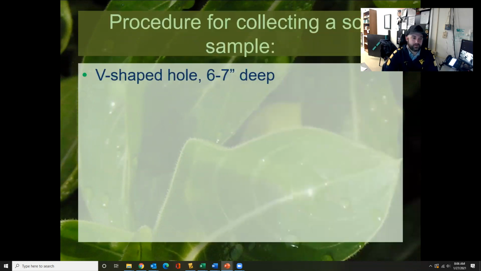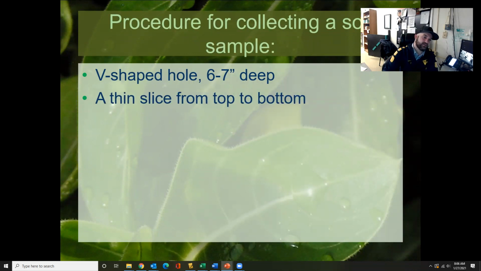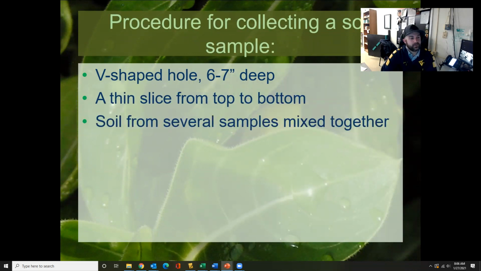The procedure for collecting a soil sample: a V-shaped hole about 6 to 7 inches deep, a thin slice from top to bottom. Soil from several samples mixed together. You want to do it from different areas in the yard so you get a more correct sample, and you'll know exactly how much fertilizer to put out on your yard or on your vegetables. So soil spread out to dry,